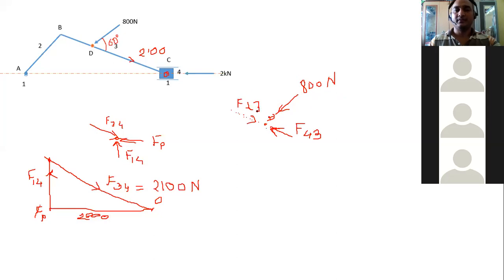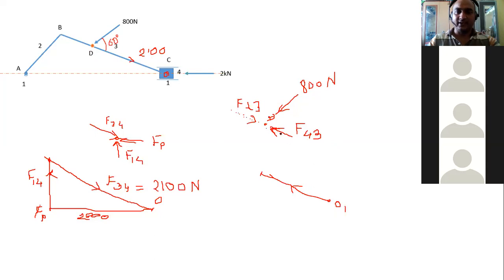Then draw the force vectors. We can start with any force whose direction is known. Let us take another point, say O1, and draw F43. Copy this direction with the roller and draw a parallel line. The magnitude is also known, F43 is equal to F34, the same 2100. Only this is the direction. Taking a proper scale, we will mark this point.